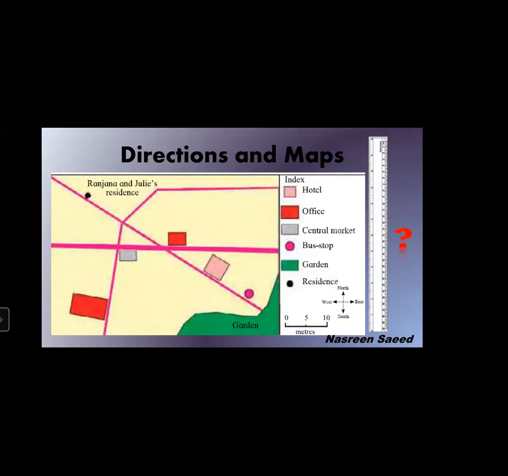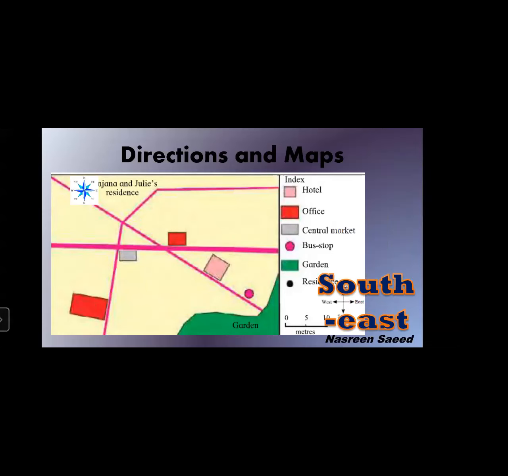Now I cannot write 9 centimeters. So I converted that 9 centimeter into meters. And they are not showing it into 1 and 2. They have given the scale of 5, 10. So I multiplied by 5. I got 9 5s are 45. So 45 meter is the distance. Then they have to find out the direction of the garden from their residence. So for this, we have to put a compass rose. Now after putting the compass rose, what is the direction of the garden they are showing? Yes, it is showing southeast. What is the direction of the garden? It is southeast. Okay.